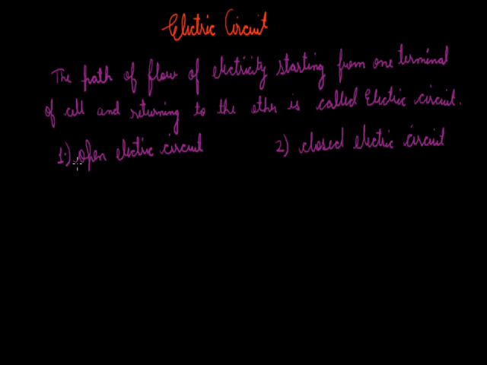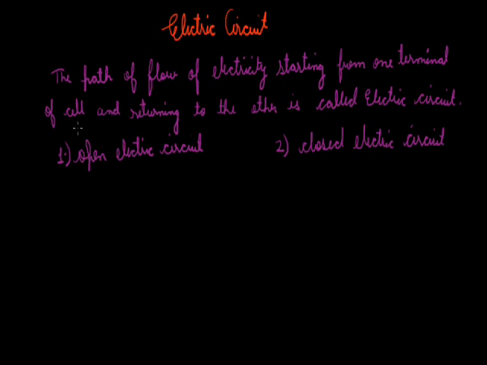An open electric circuit is a circuit in which no current flows. Meaning it has a path, it has all the components which constitute an electric circuit, but it does not have any electric current flowing through it,